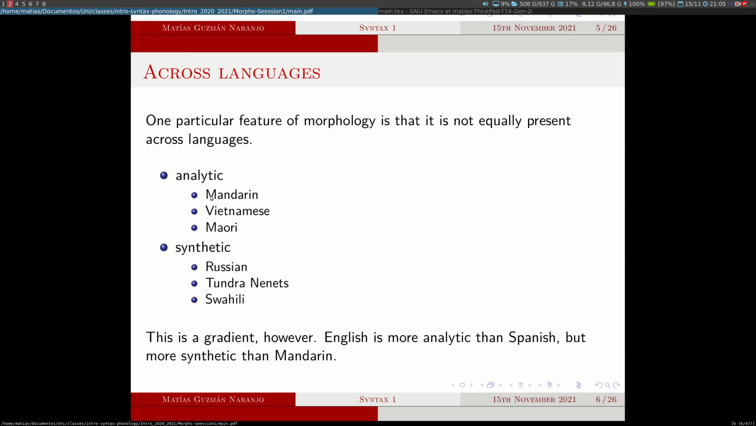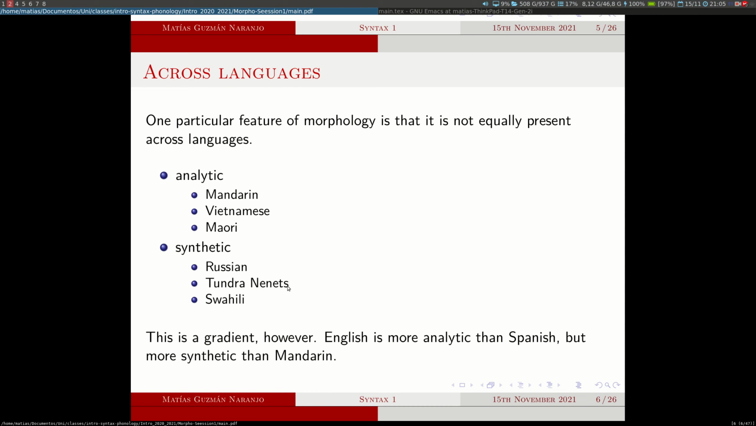I don't know if you've heard that Mandarin has no morphology. That's almost true. It has very little morphology. It has some cases, but not much. Vietnamese is even more extreme in this regard, and Maori maybe a bit less. Languages with low morphological content are usually called analytic or isolating, and on the other side of the spectrum, you have languages like Russian or Tundra Nenets or Swahili, which feature heavily on morphology,